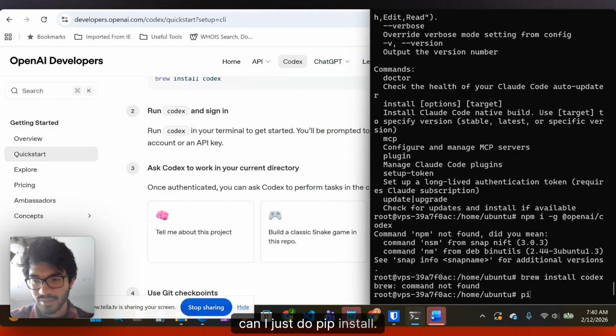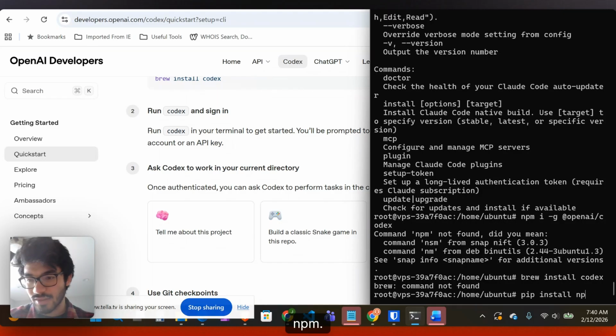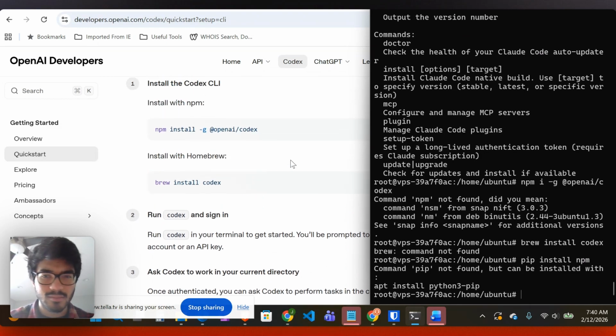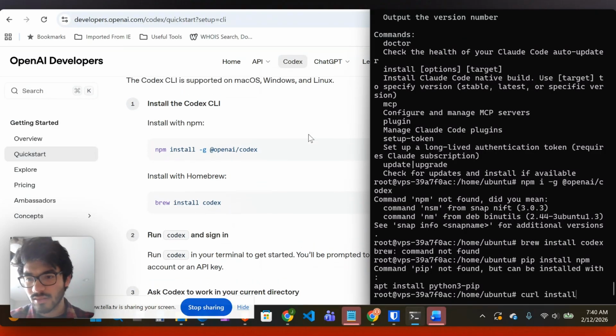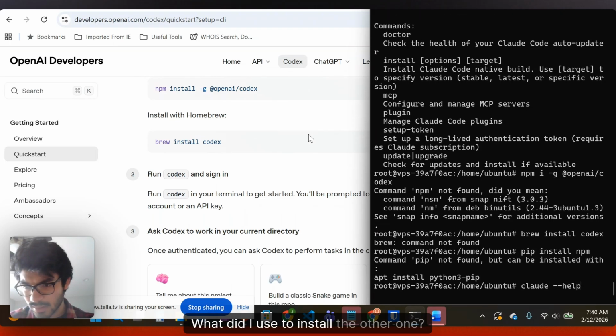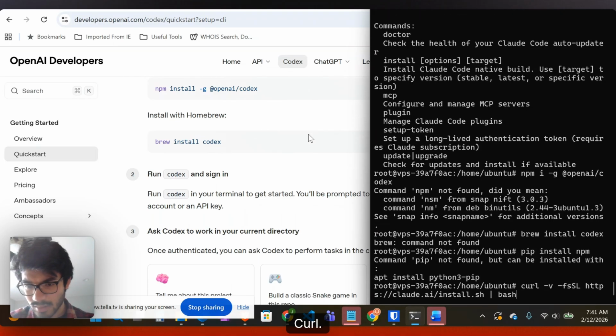Actually, can I just do pip install? Pip install npm? Oh yeah, right. Um, what did I use to install the other one? It's curl. So,